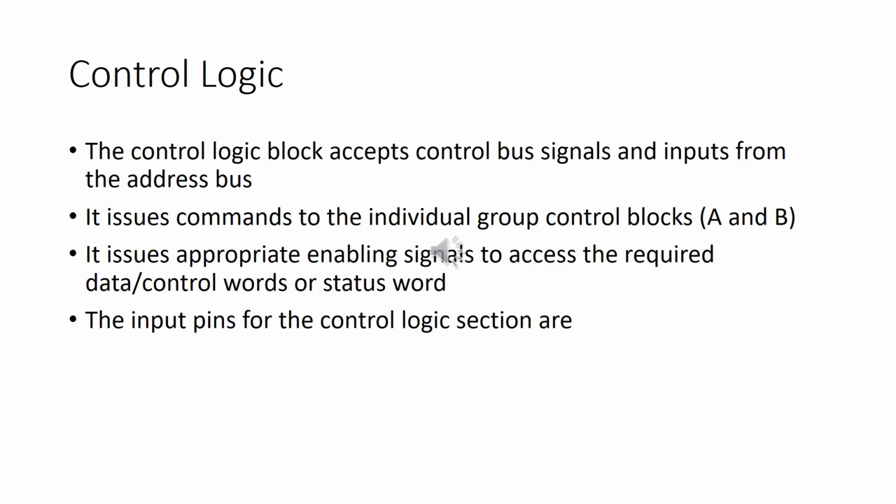Let us see the control logic of 8255. This block accepts the control bus signals and inputs from the address bus. It issues the commands to the individual group control blocks, that is blocks A and B. It issues appropriate enabling signals to access the required data or control words or status words. The input pins for the control logic sections are